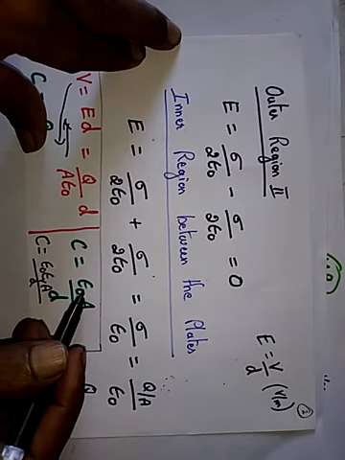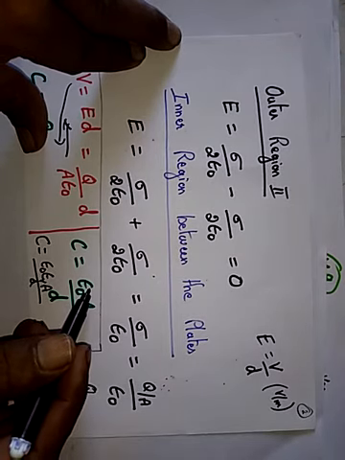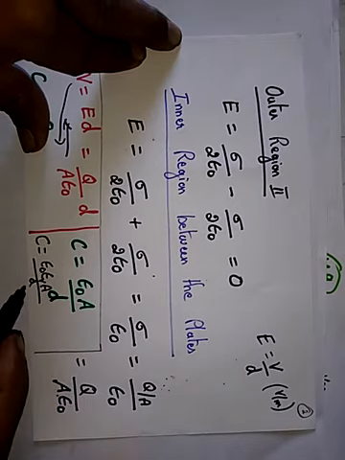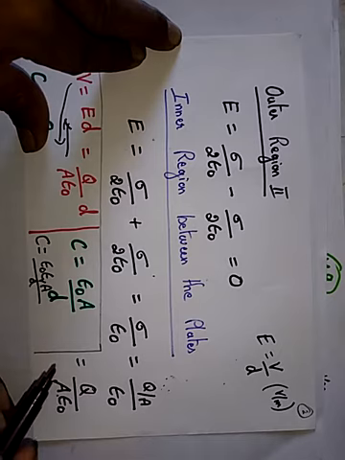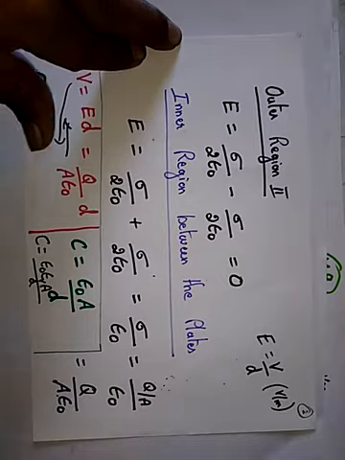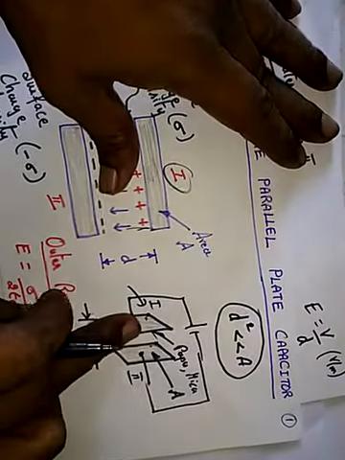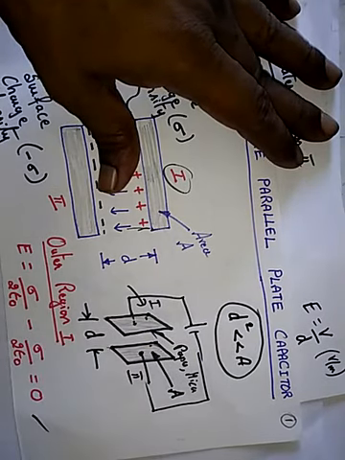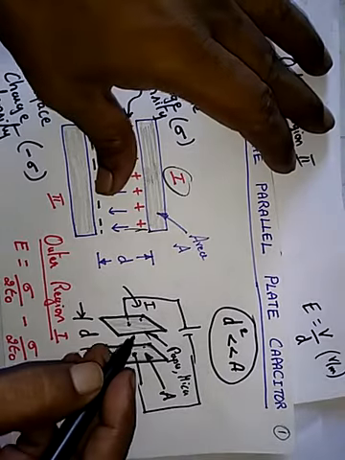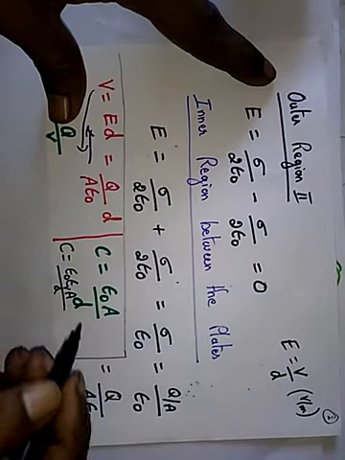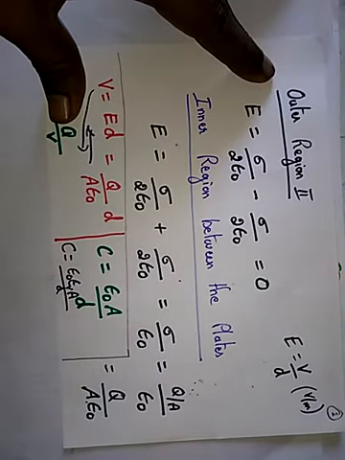Now epsilon naught is the permittivity of free space, which is 8.854 into 10 power minus 12 farads per meter, and epsilon r is the relative permittivity. Relative permittivity means the insulating material that is being used between the plates. So paper will have one epsilon r value, mica will have another different epsilon r value. But if it is going to be air, the epsilon r value is equal to 1. Therefore C is equal to epsilon naught A by d.